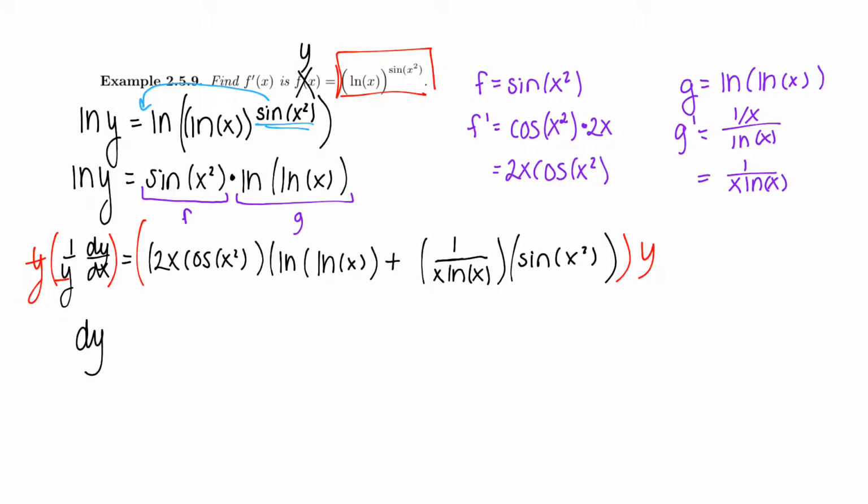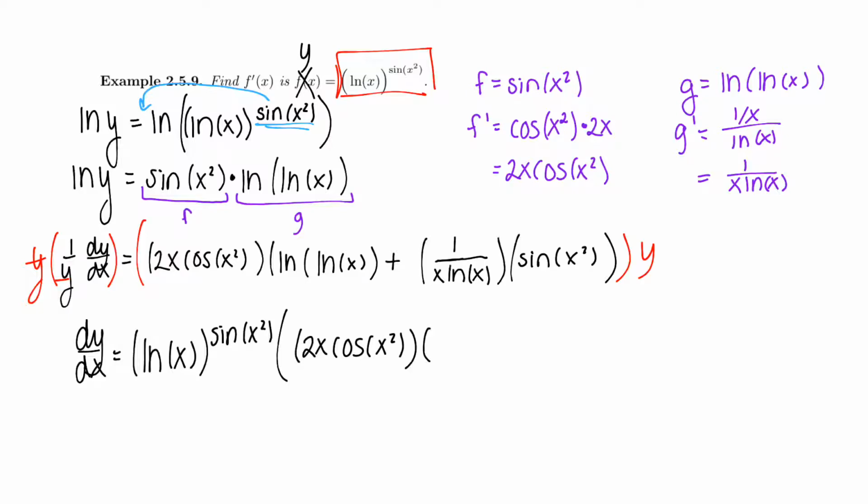Multiplying by y on both sides, and this whole thing right here is y, we get dy dx equals, we'll put y out front, so ln x raised to the sine of x squared times, we'll just leave some of these parentheses in here, 2x cosine of x squared times ln of ln x,